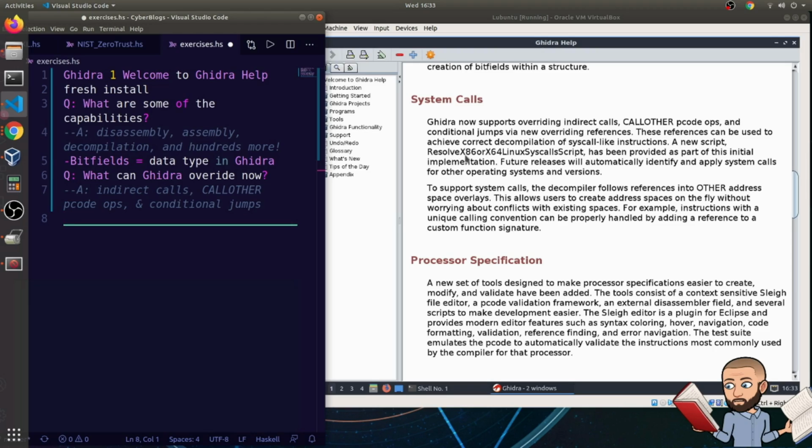A new script, resolve x86 or x64 Linux syscall script, has been provided as part of this initial implementation. Future releases will automatically identify and apply system calls for other operating systems and versions. To support system calls, the decompiler follows references into other address space overlays. This allows users to create address spaces on the fly without worrying about conflicts with existing spaces. For example, instructions with a unique calling convention can be properly handled by adding a reference to a custom function